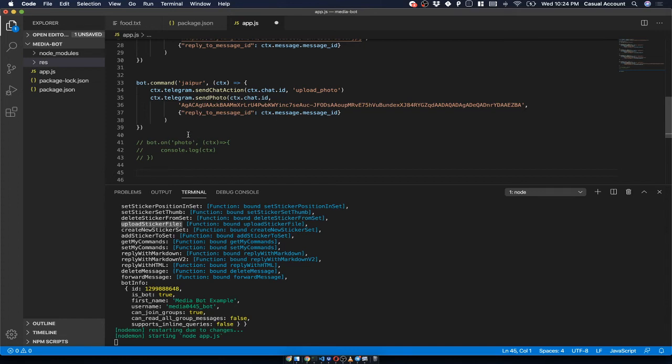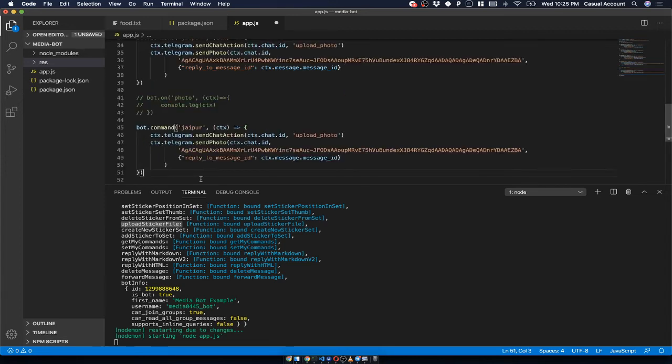Let's create a new command. What I'll do is I'll just copy this again. I don't want to keep on writing the same thing. I'll create a cities command, and over here I'll set up sending and uploading photo, and then over here we'll use